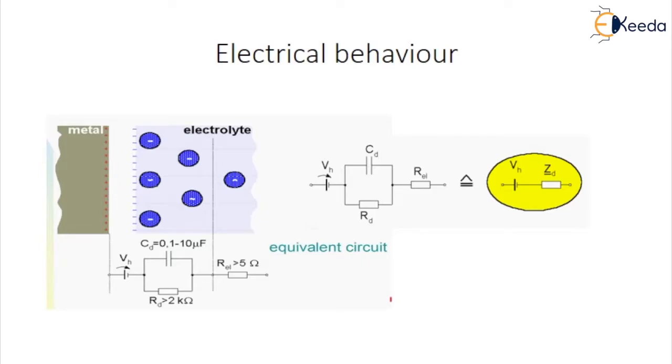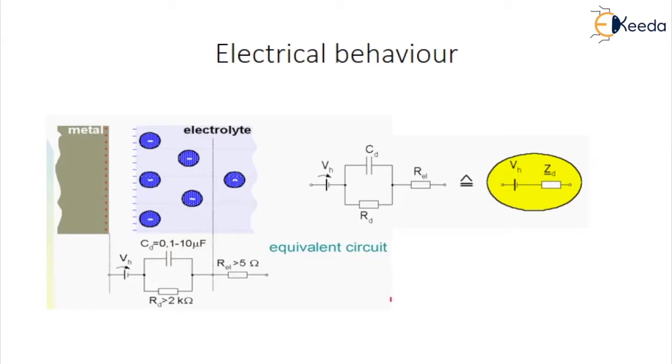A net current that crosses the interface, passing from the electrode to the electrolyte, consists of electrons moving in the direction opposite to that of current in the electrode, cations moving in the same direction, and anions moving in the direction opposite to that of the current in the electrolyte.